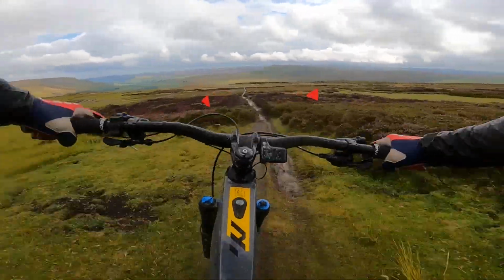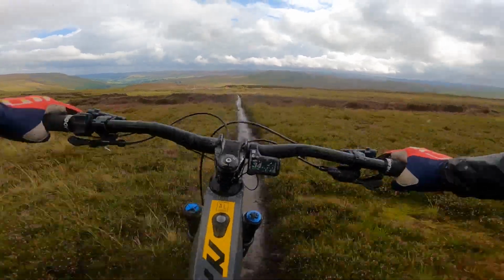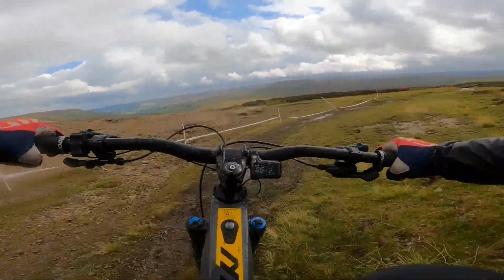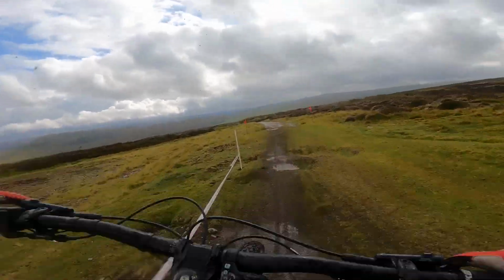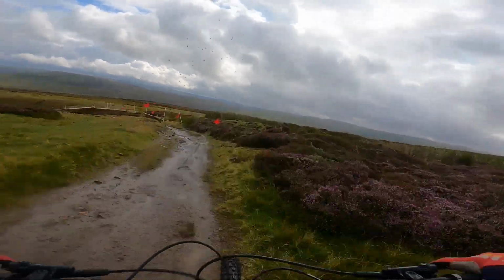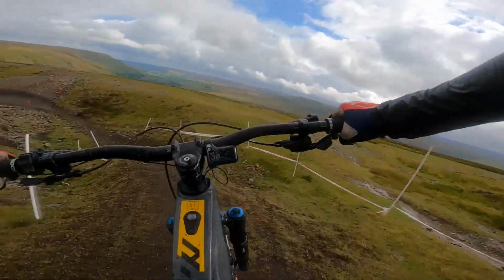On the Megawatt. So like I say, it's mullet. That's the guide on the front. It's SLX. That is how they keep the cost really good value. We've got the 4-pot brake, so there's still plenty of